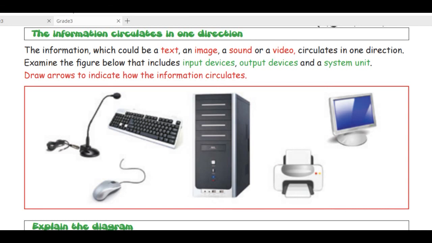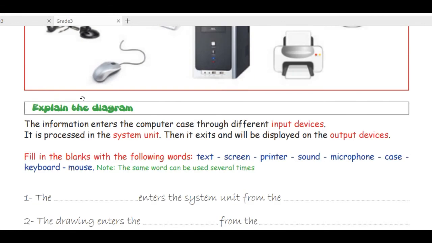Remind them about what is data by giving examples about sound, movie, text, pictures, and ask them to draw arrows between the input, the system unit, and the output device on how information will flow from one side to another. And of course we have to explain at the end the diagram,